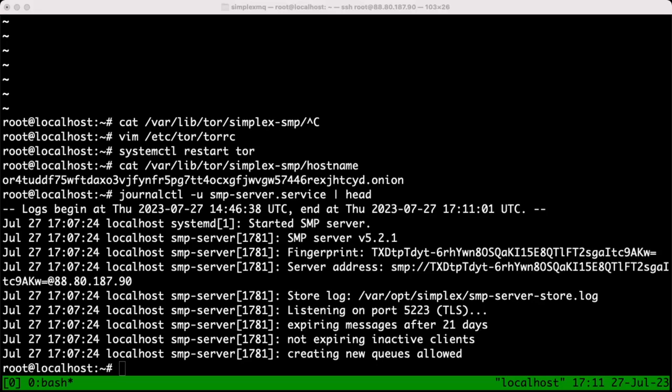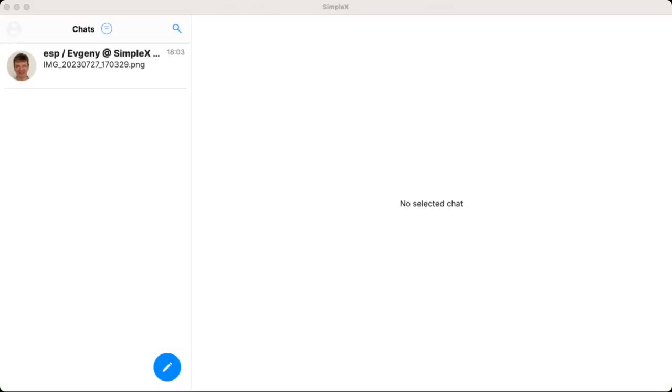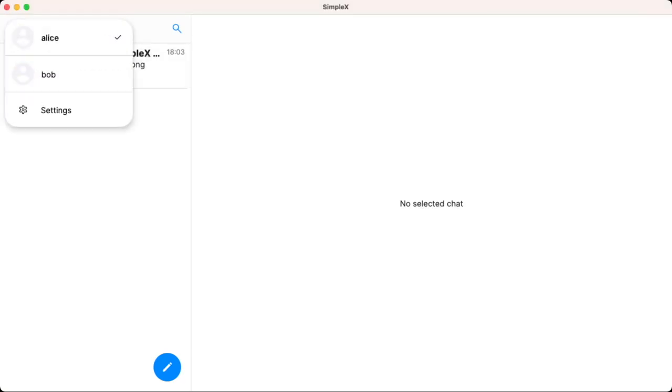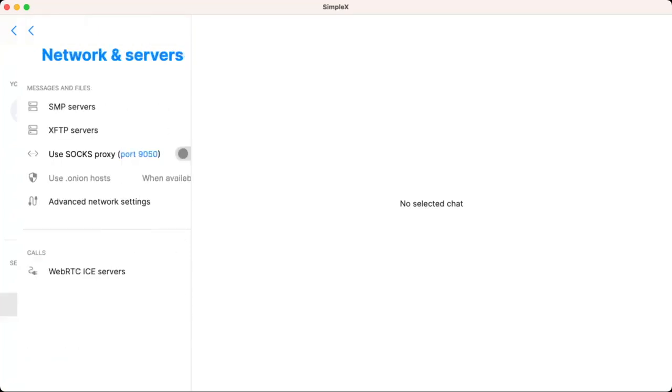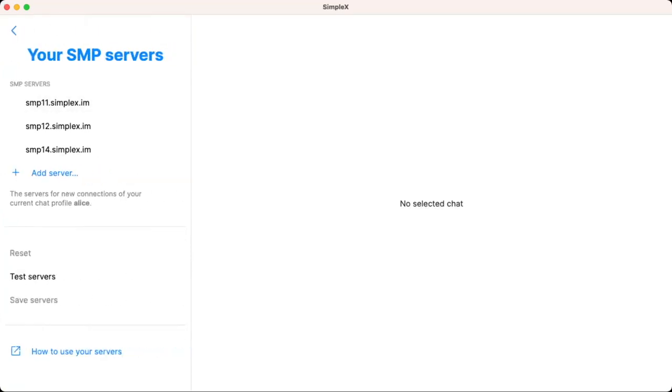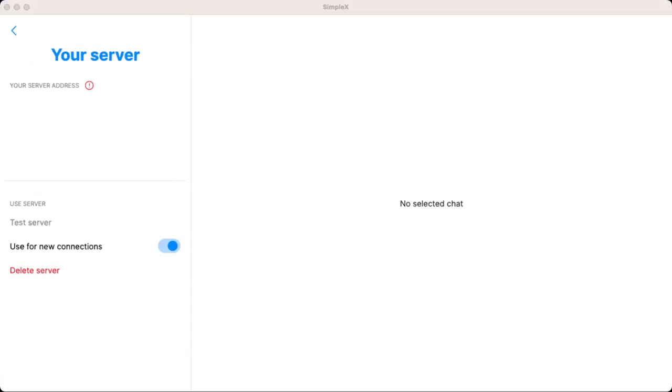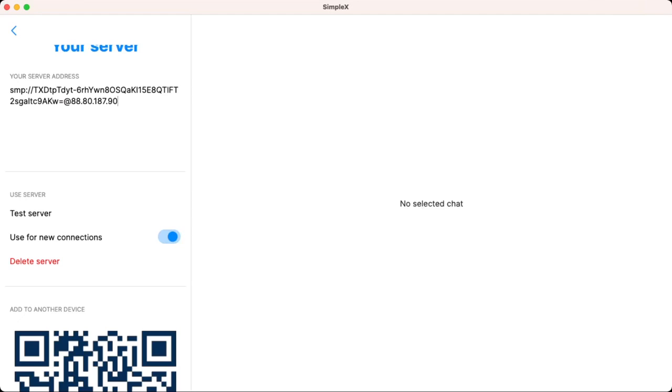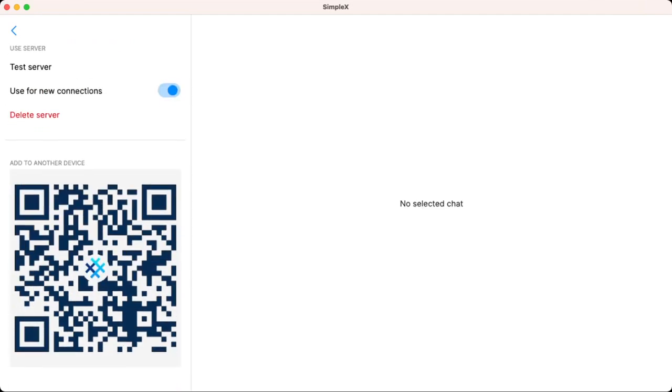Okay, I'm going to switch back to our desktop client and add this server to the configuration. And then we can test it. Right. 1 minute. It's a live demo, inevitable technical glitches. Who would have thought that it's so difficult to copy the address from the screen? What can possibly go wrong? This is the address without onion. I also need onion.